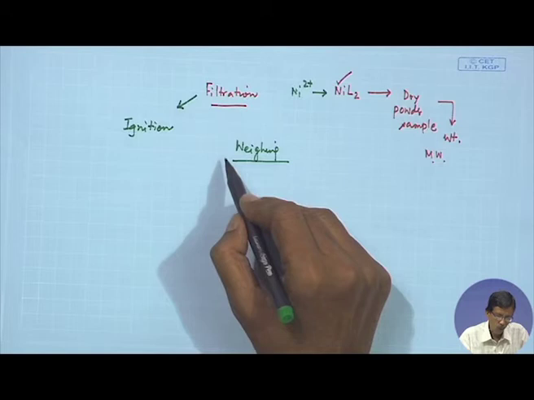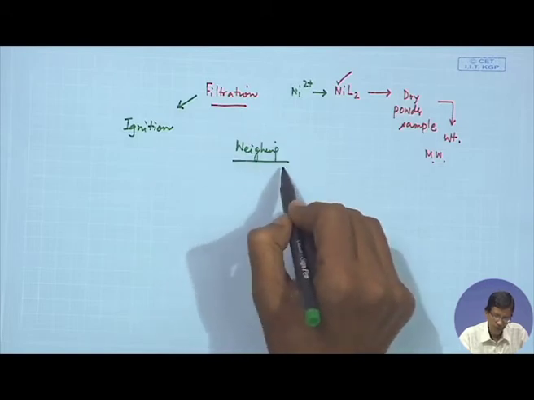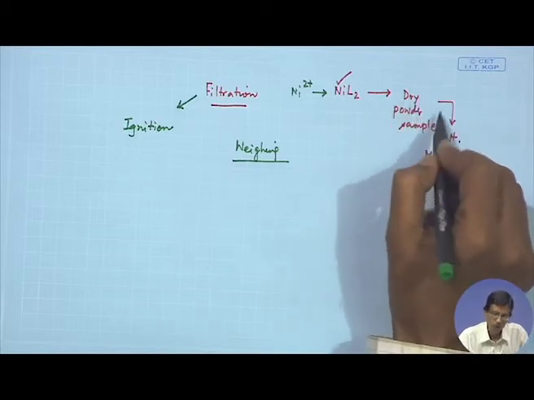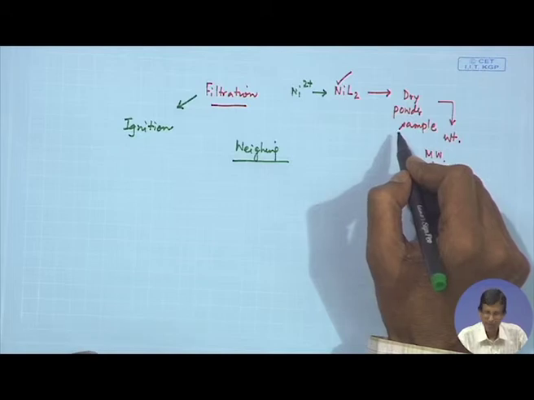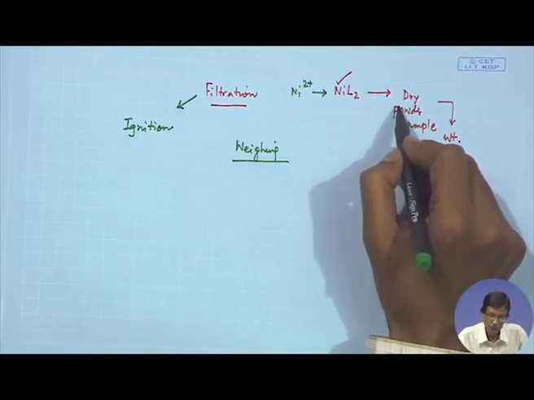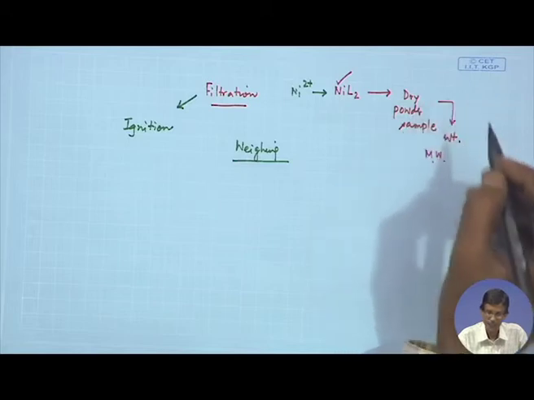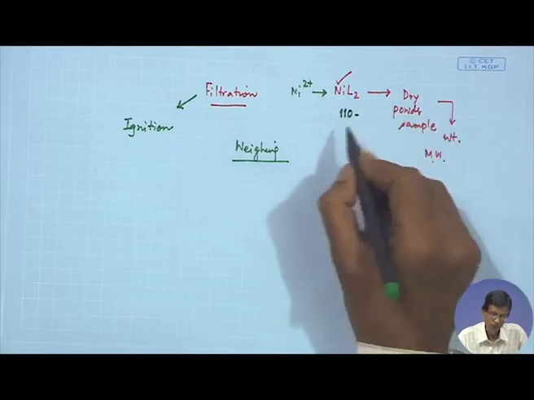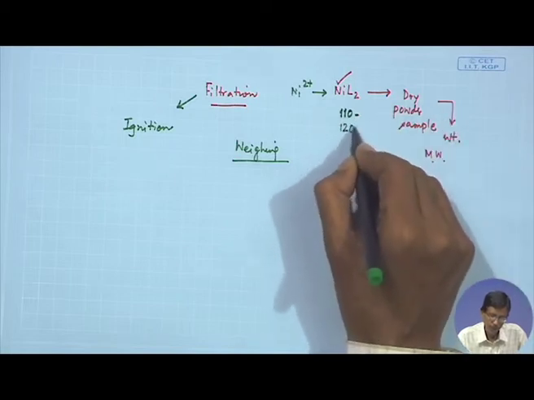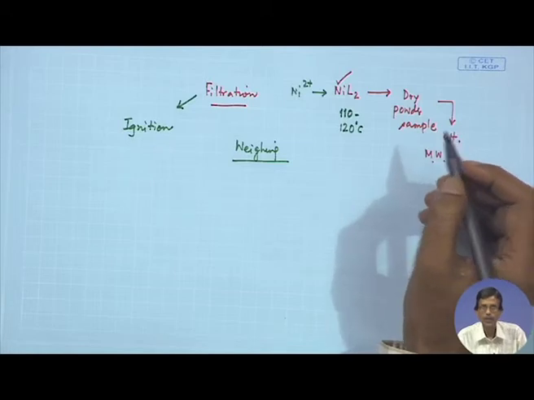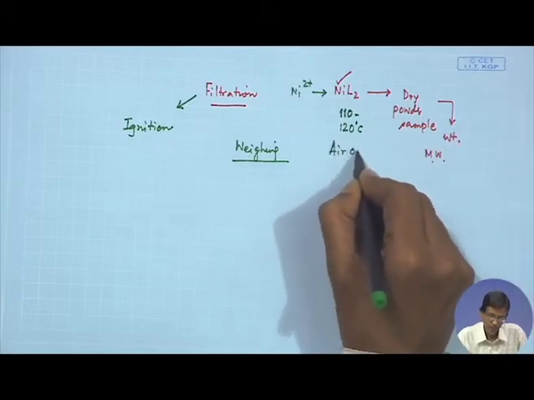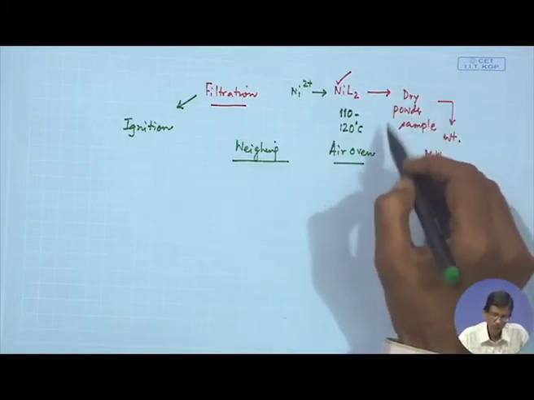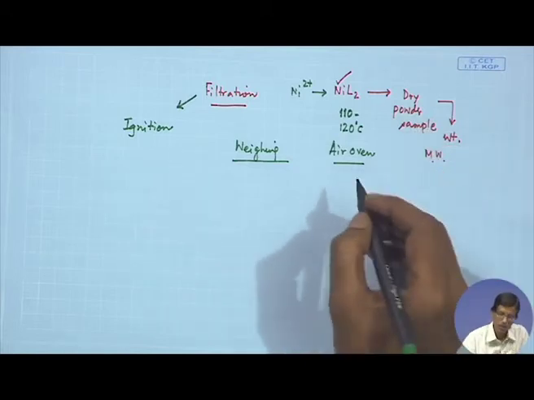So, this particular weighing process is related to something else also, because I have not told you how you dry it. Is it we are just keeping it in the desiccator, or you dry it or heat it at a particular temperature. So, in actual practice I told you in one of my previous classes that you can dry it at 110 to 120 degrees in an air oven. Then you take the weight, once it gives you the corresponding constant weight.